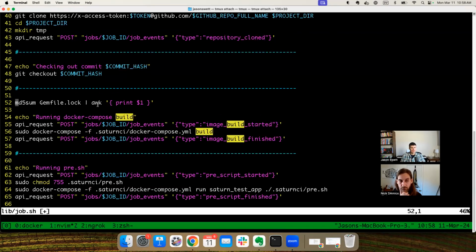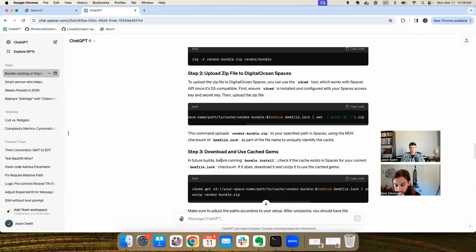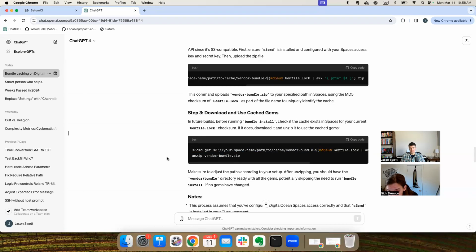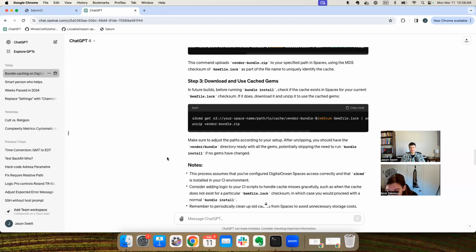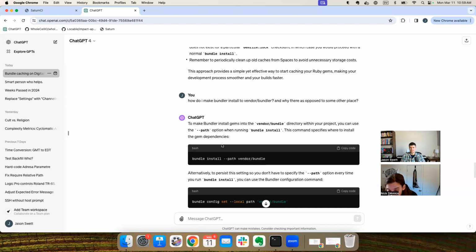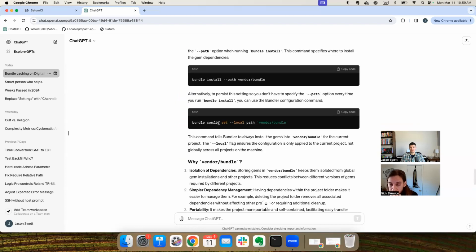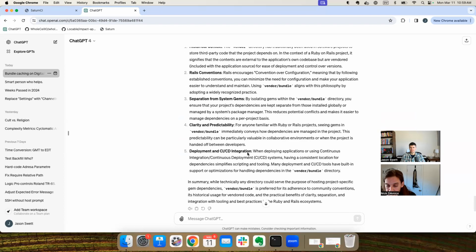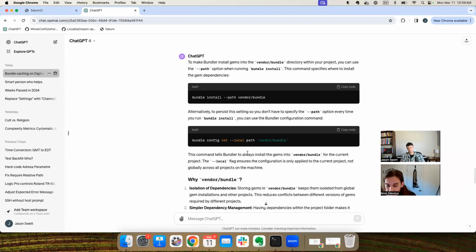We get the MD5 sum of the Gemfile.lock, and then we upload it, and we download it. Hmm. Yeah, okay. Bundle config set local. Hmm. Oh, okay. Hmm. Okay,